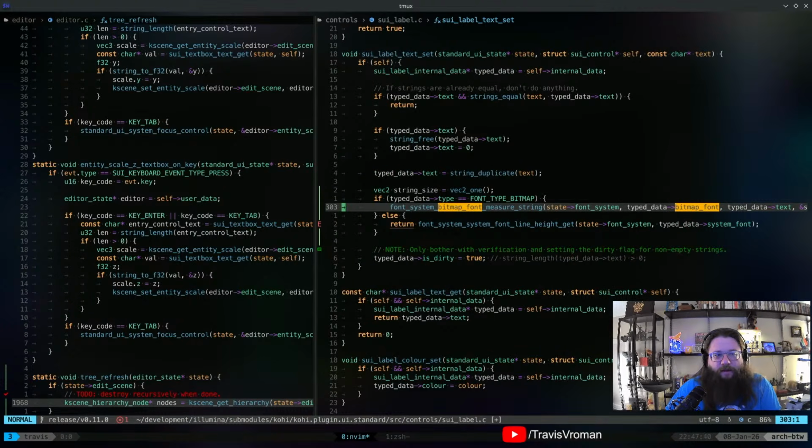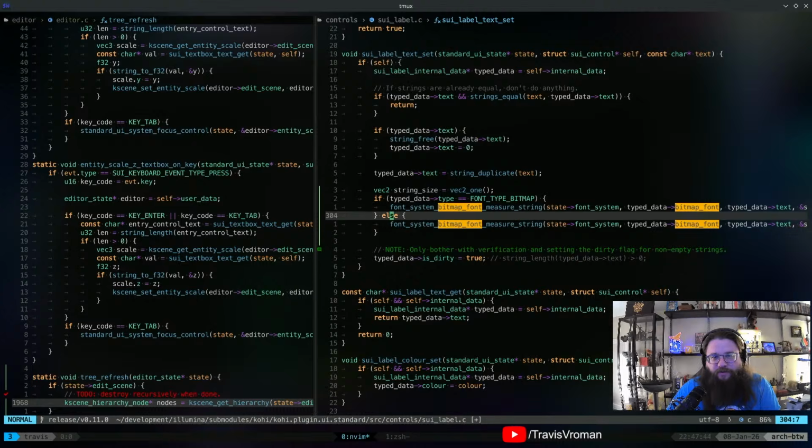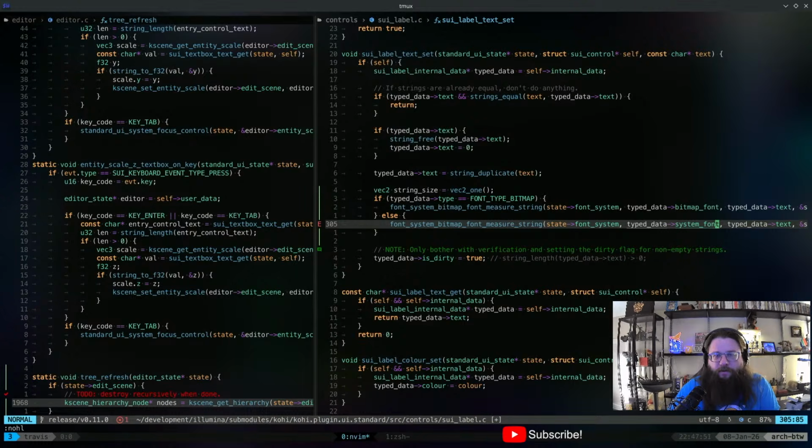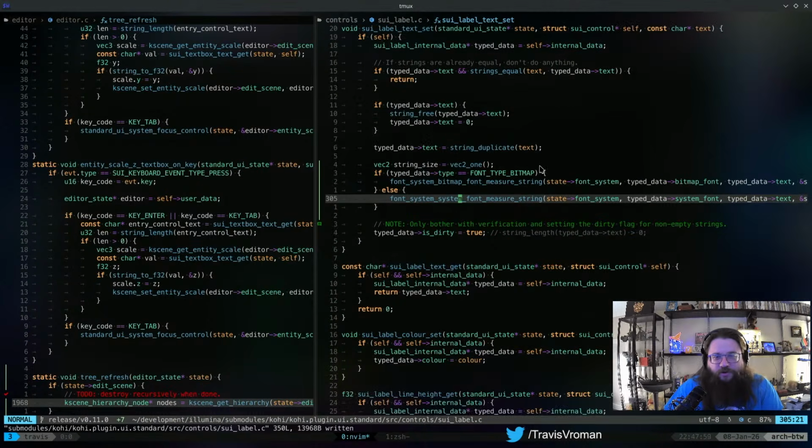Okay. And this is going to be pretty much the same function for system fonts, right? So we'll do just system font there. And then here, this will just need to be system, right? So we've got the measure string for both of those.